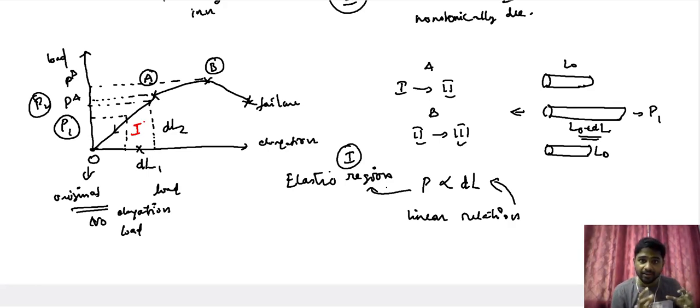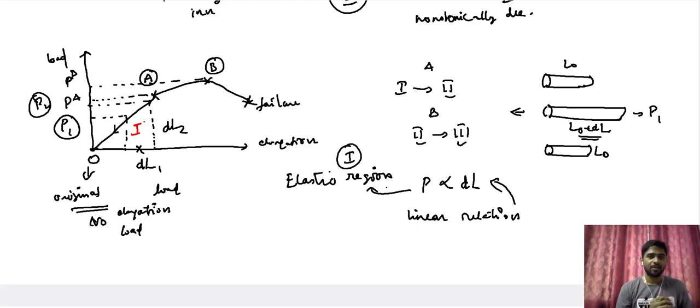So that is what characterizes the elastic behavior. So we took a materials perspective. Initially we took a purely theoretical, intuitive perspective, and we saw there is a linear relationship between the load and the elongation. And when you relate it to the actual behavior that we observe in the sample, we understand that this linear proportionality is observed when there is an elastic behavior in the material. When the elastic behavior is exhibited by the material, we have such a linear proportionality between load